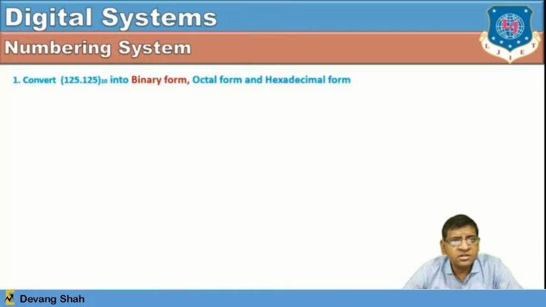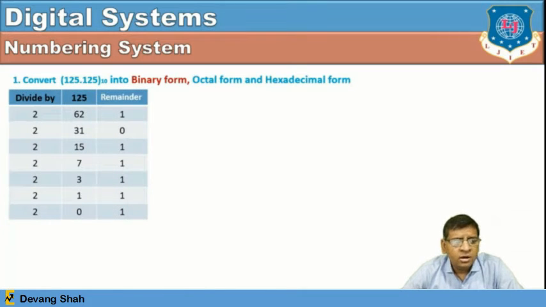Further, we can convert the same decimal number into binary, octal and hexadecimal. This is one more pattern of asking the example, like 125.125 decimal number. Again, you have to convert it into binary form, octal form and hexadecimal form. Based on our further discussion, you can convert this 125 by dividing by 2, and you make this particular binary sequence from the remainders. From that you take the remainders from bottom to top